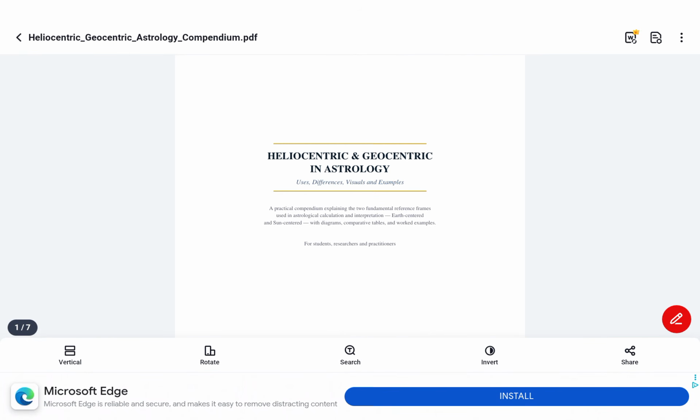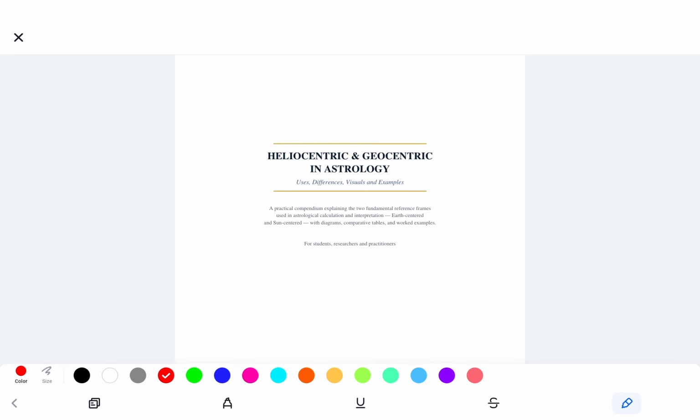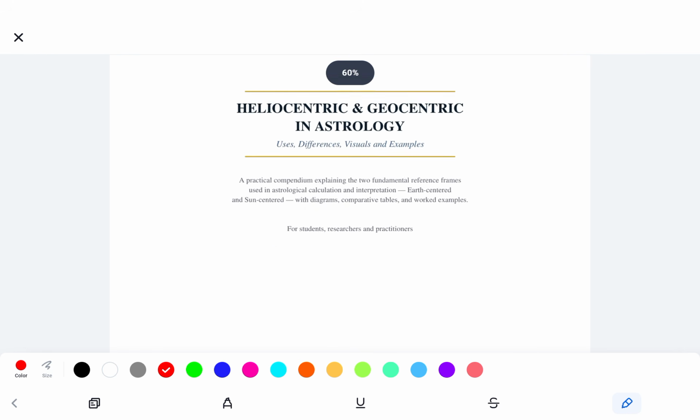And geocentric in astrology. A lot of people get confused with these terms, and that's what this channel is